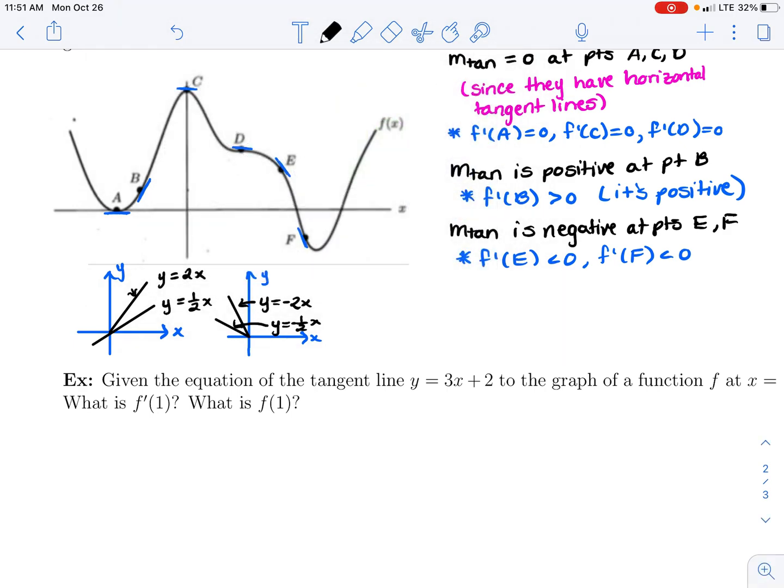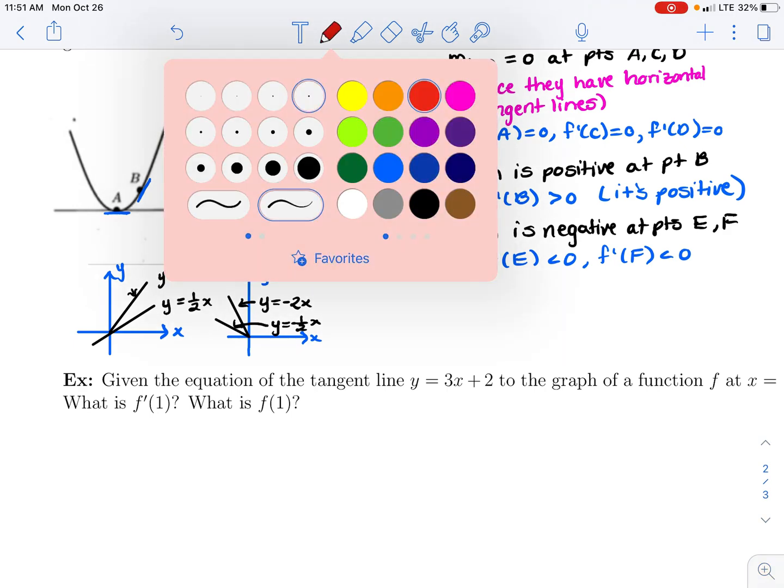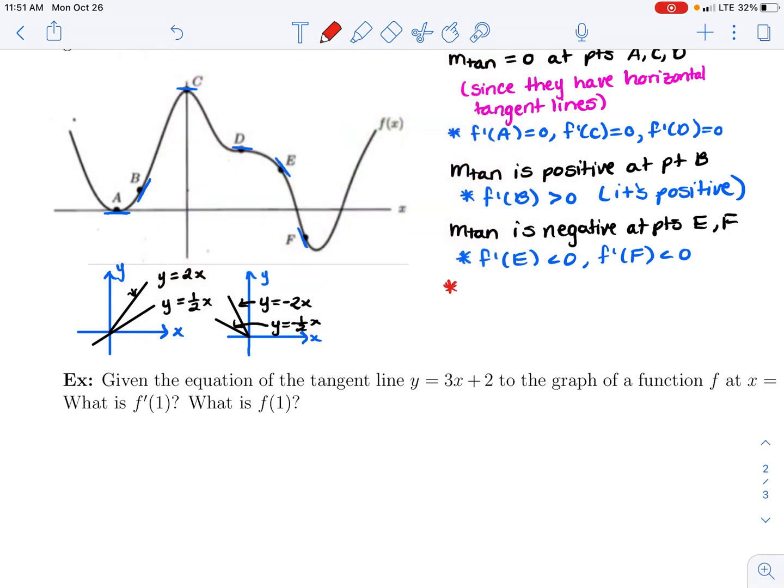So I'm going to put here that the derivative at F is less than the derivative at E